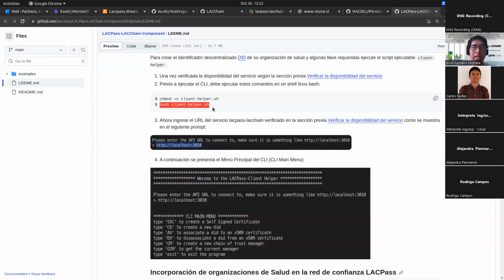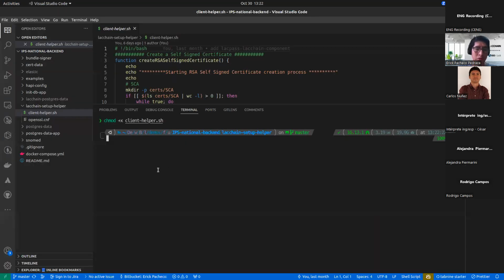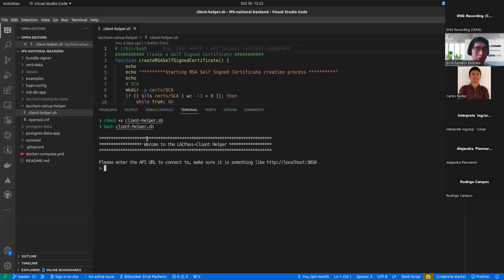And what I will do is execute the script. How do I execute that? Well, in this case, we will use bash for the terminals that I will be using. When I put bash client helper.sh,